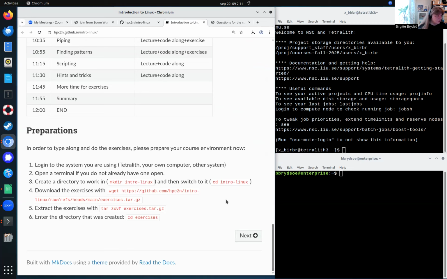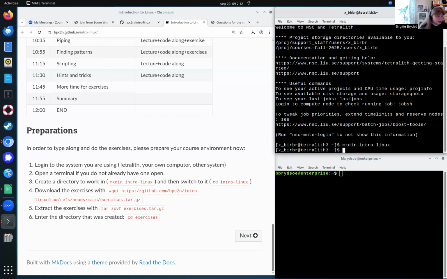So it's time to do some preparations. In order to type along and do the exercises, please prepare a course environment now if you haven't. Log into the system you're using, or if you're using your own computer, use that. Open a terminal if you don't have one open. Create a directory to work on. I will see if I already have one with that name. Didn't there.